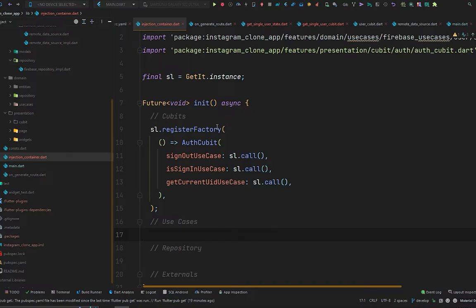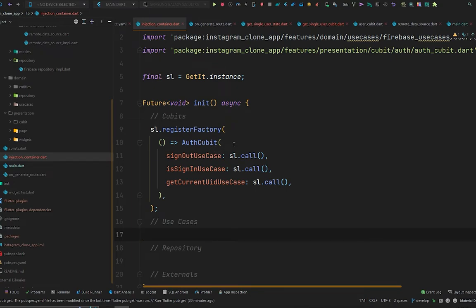Again, this registerFactory creates a new instance each time when requested, and with that sl.call in front of these use cases, getIt will look for the registered types. When it finds the registered types, it will grab it, instantiate it, and simply pass it in here. That's it for these sl.call in front of these use cases of this auth Cubit, which are the dependencies of